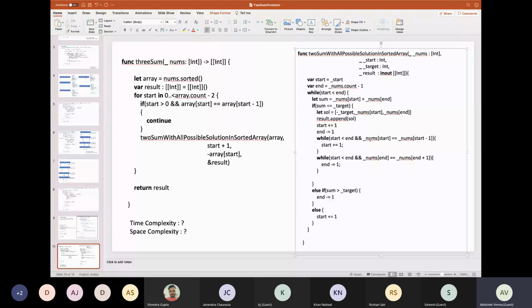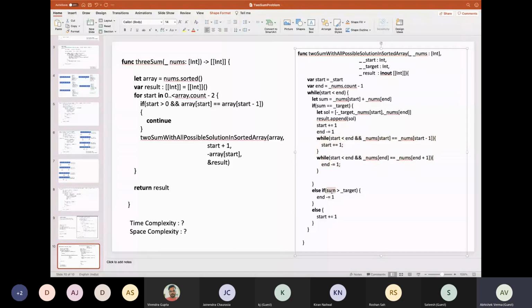We are incrementing the start, and similarly to handle the end side, if num end is equal to num end plus 1, we are decrementing the end. So this will take care of our duplicate values.